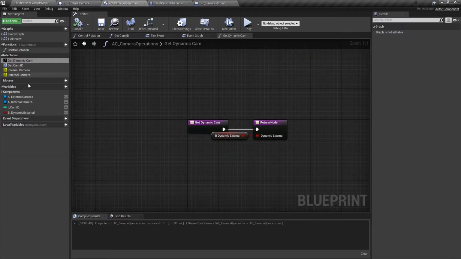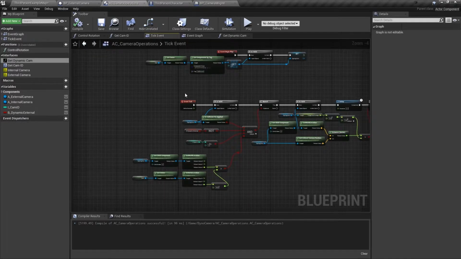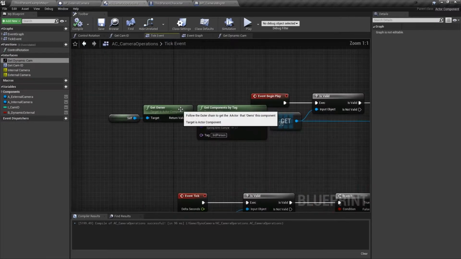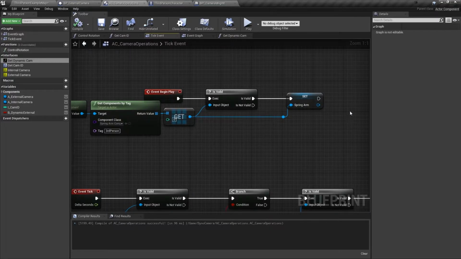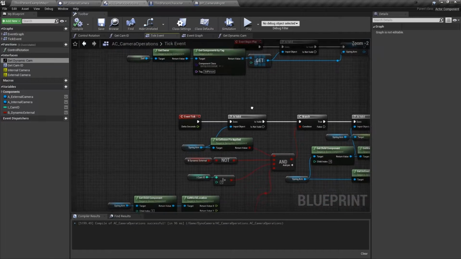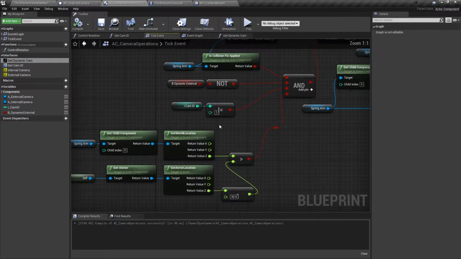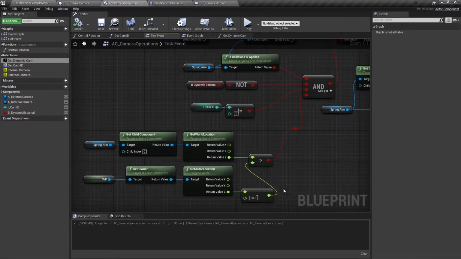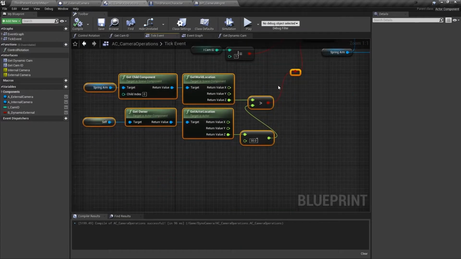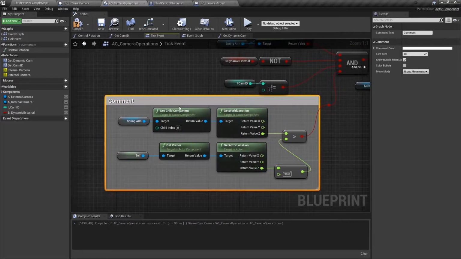Let's take a look at, so we have a few things here. Let's review the on-tick event, right? We had the whole logic for the event begin play, and we have this logic here. I'm not sure if this made it into the last video or not, so I'll just reiterate it. Basically, this box over here, and I'll comment it, prevents the automated camera